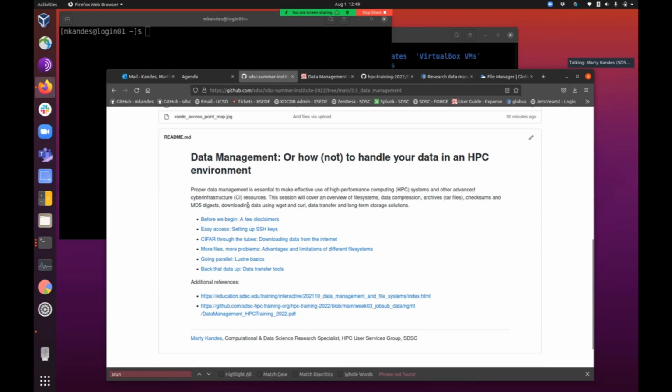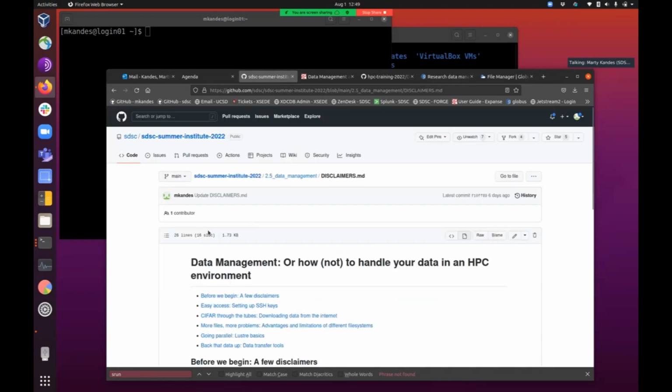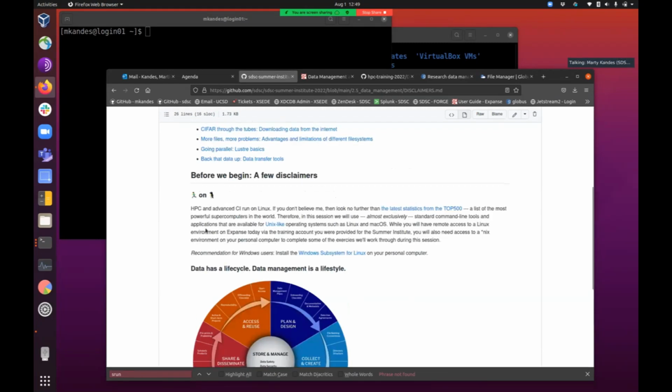Now, before we begin, there's a few disclaimers, right? And the first one is, HPC systems like Expanse run on Linux. So if you're not working on Linux and you're running a Windows system, you might not be able to follow along unless you have your system set up ready to do all of the exercises. Some of the exercises, mostly later on in the data transfer section, will push data between Expanse and your local machine. So I'm running only Linux on my machine. If you're running a Mac, you'll be fine. If you're running Windows, you'll have to, hopefully